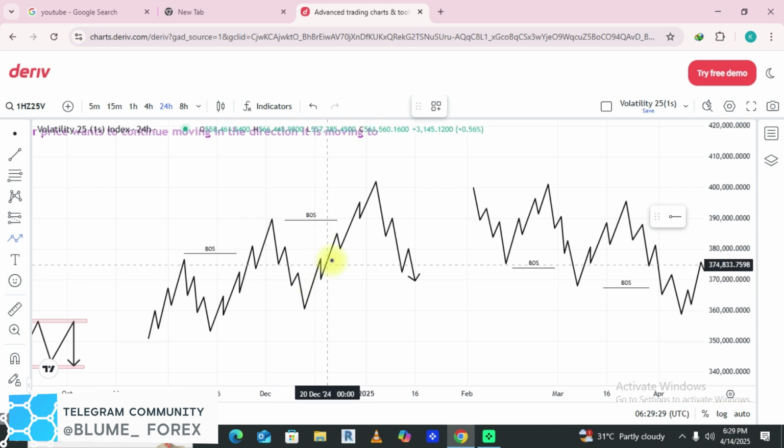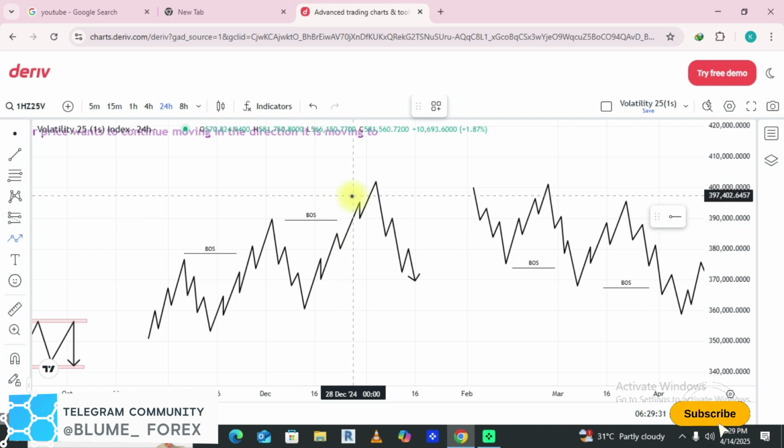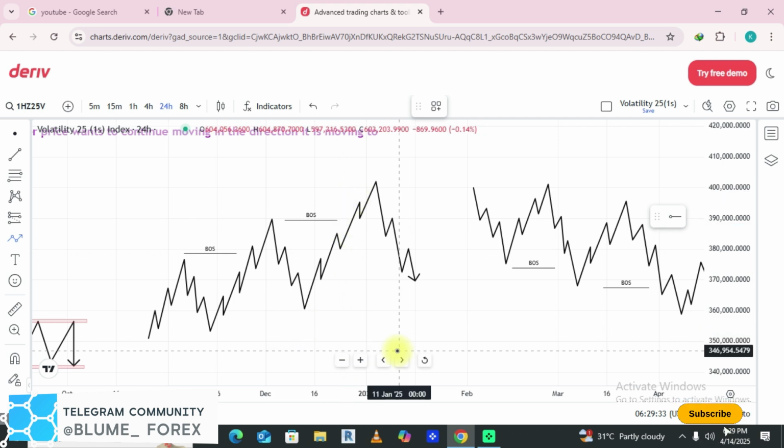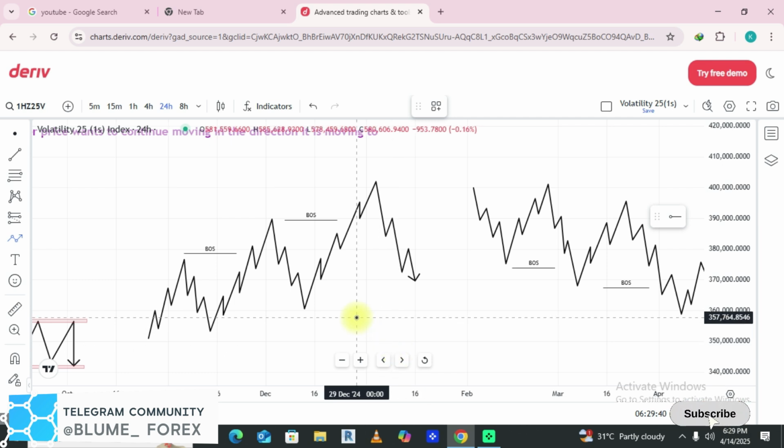But sometimes you can have internal break of structures, but we can later on shift bearish and then break structure to the downside. We'll be talking about all those scenarios, but just understand that break of structure is an indication to you, the trader, that the market wants to keep on pushing to the upside or to the downside, depending on which side it keeps on breaking, right? Now,